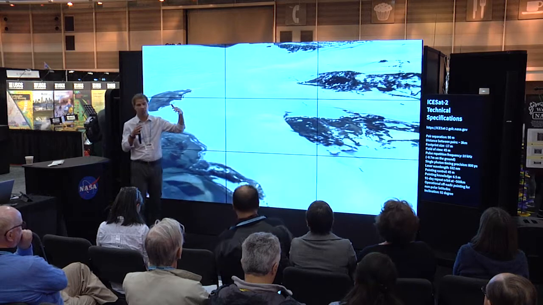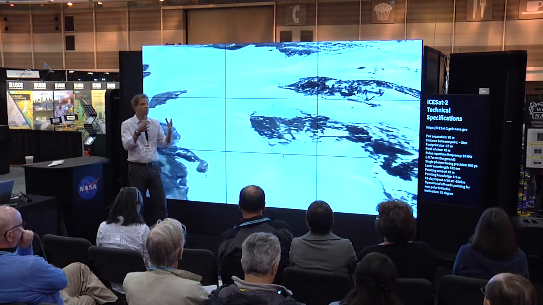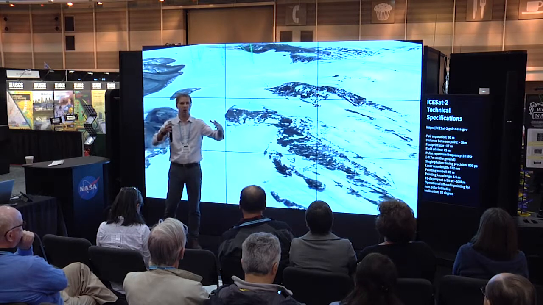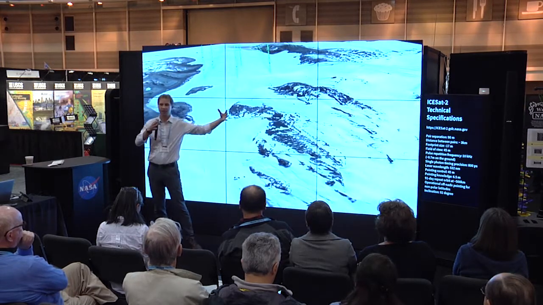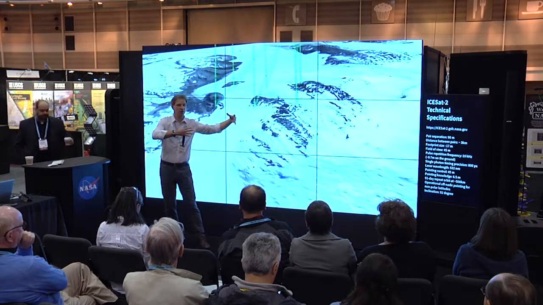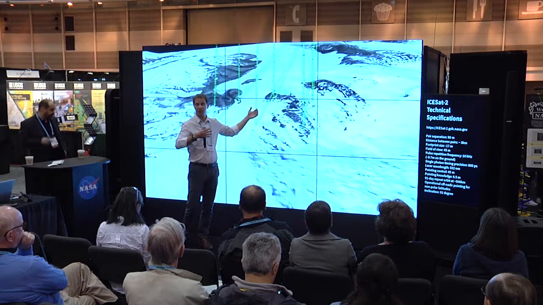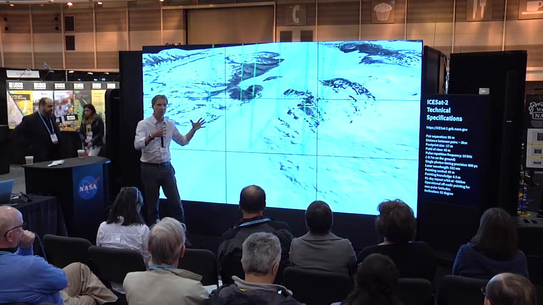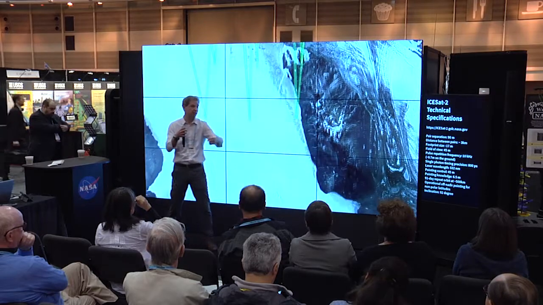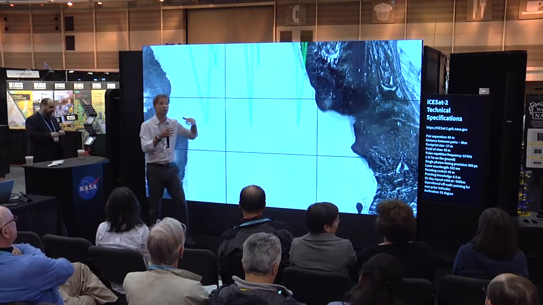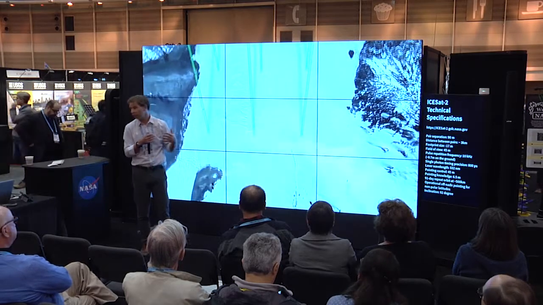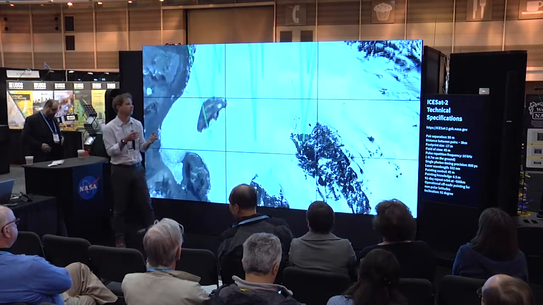In contrast to ICESat-1, we also have a much, much higher resolution. ICESat-1 was a single beam laser. We had a 70-meter footprint and took a measurement every 150 meters. With ICESat-2, we have 6 beams. We have a footprint size of 15 meters and measure every 70 centimeters, every 2.5 feet. So we take a huge amount of measurements with ICESat-2. If we go to the next slide,